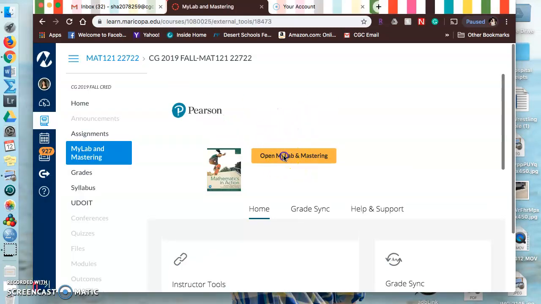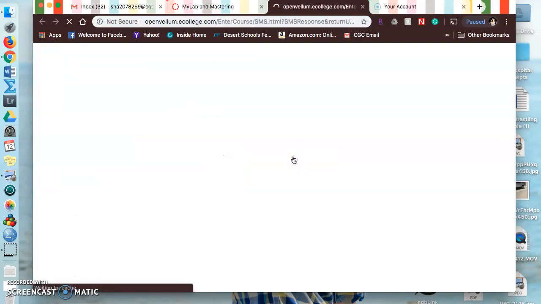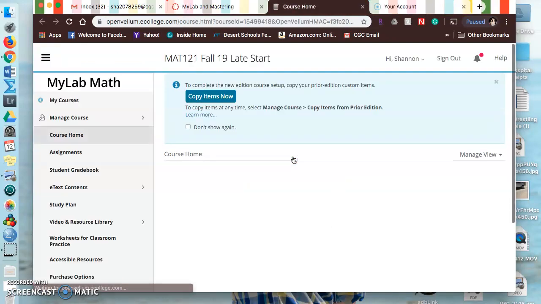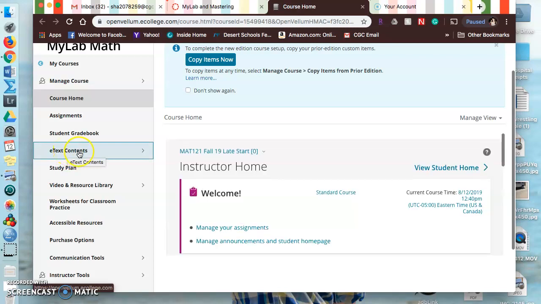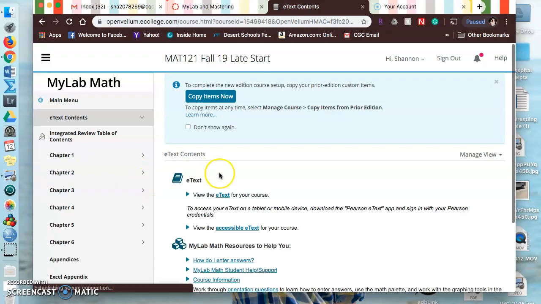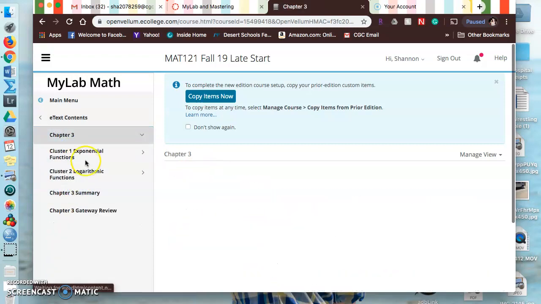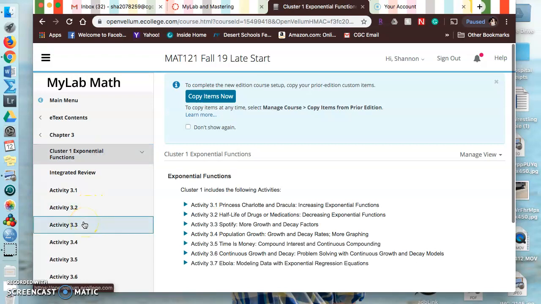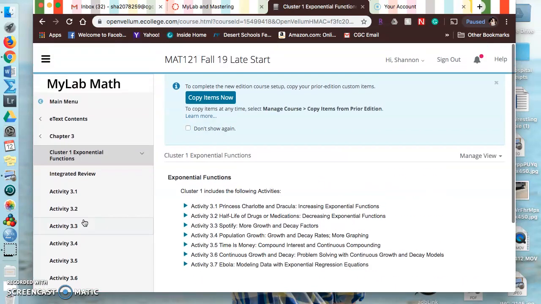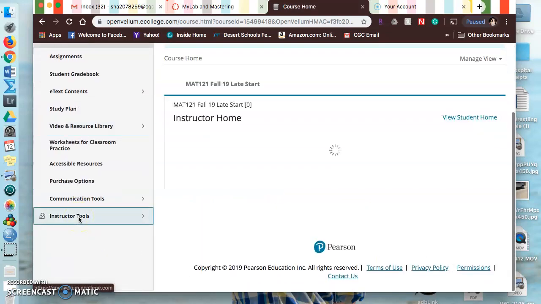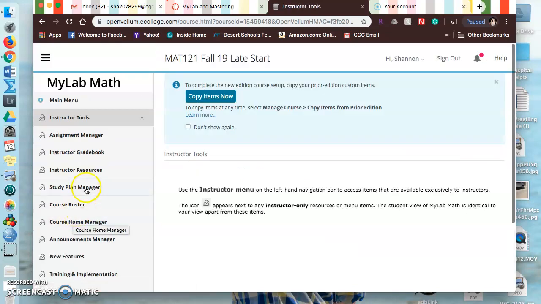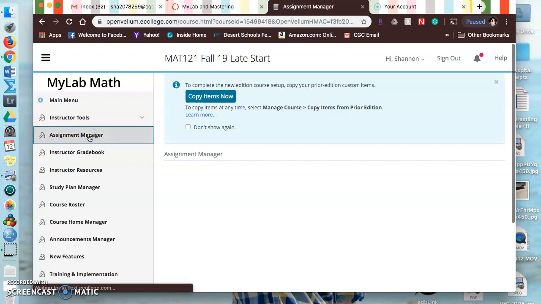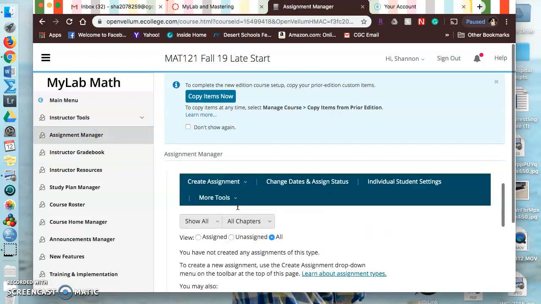Okay, I'm back. So if we click Open MyLab and Mastering, it will take you to the Pearson webpage, and this is now where you can view the e-text, so you can do the problems with your students by projecting the e-text on the whiteboard by just clicking on whatever chapter and section that you're working in that day. So that's how you have access to the e-text. And if you wanted to create homework assignments for your students, that is in Instructor Tools, and then Assignment Manager. And that's where you can create homework assignments,